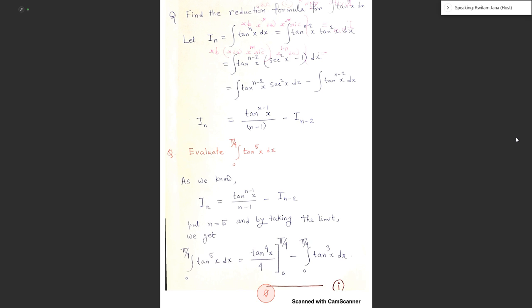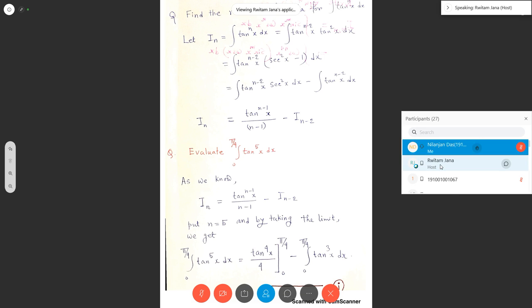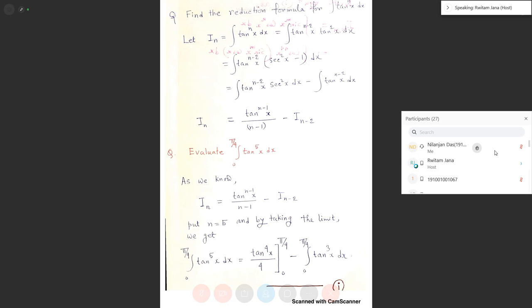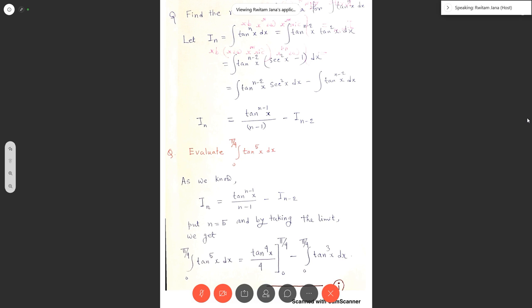So obviously this reduction formula is true for n greater than or equal to 2. This is the reduction formula, and you have to use it to evaluate the integration from 0 to pi by 4 of tan to the power 5x dx. So you have to find the value of the integral from 0 to pi by 4 of tan^5 x dx,